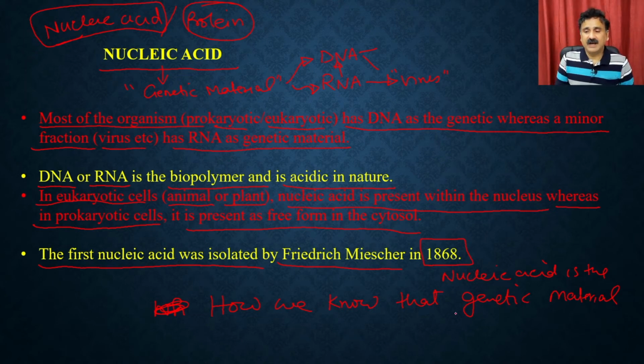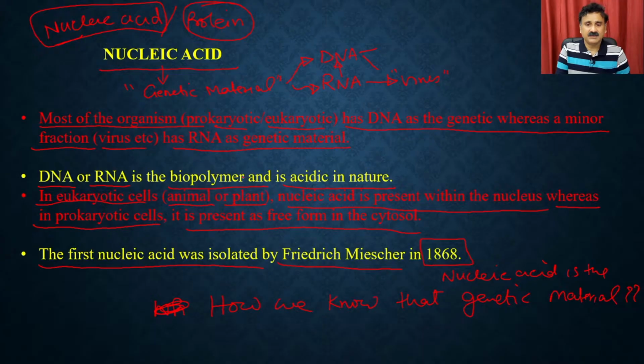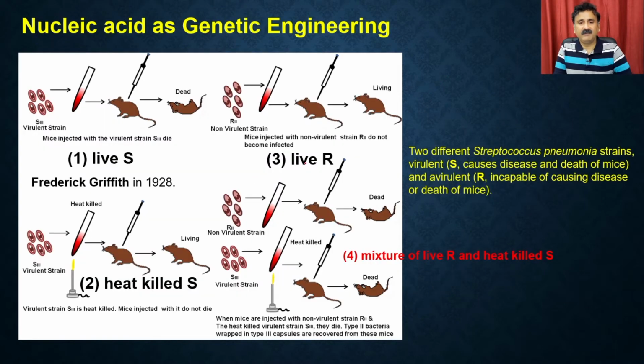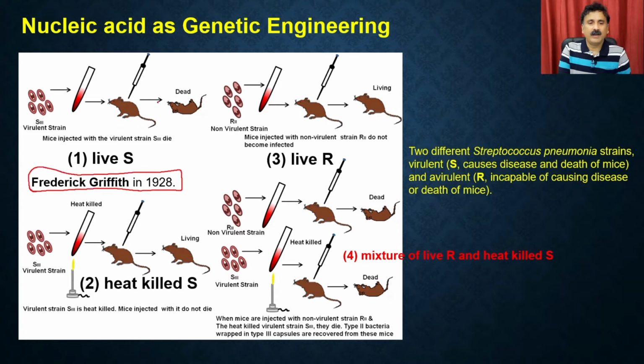So then people started doing the classical experiments. There are many experiments that scientists have done. We have a classical experiment done by Hershey and Chase, and we also have the experiment by Avery, and we also have the experiment done by Griffith. So what I am going to talk about is the Griffith experiments. Griffith was a scientist, and he performed an experiment in the year 1928, where what he did